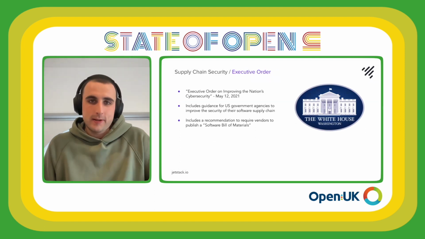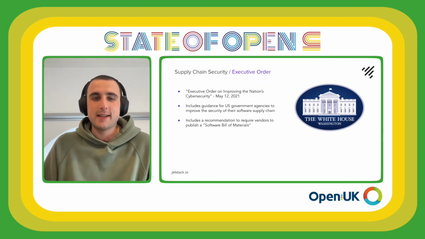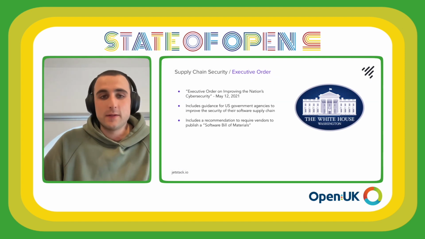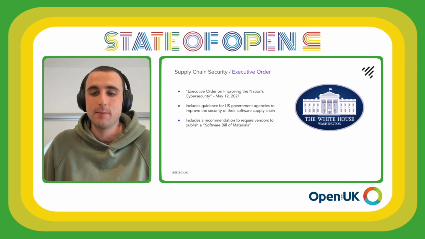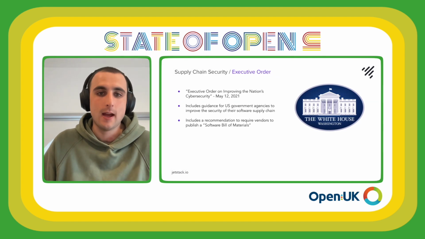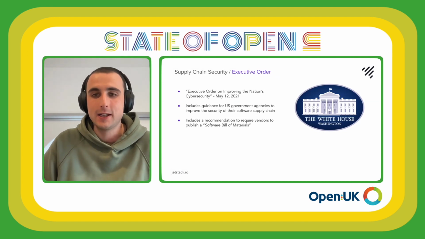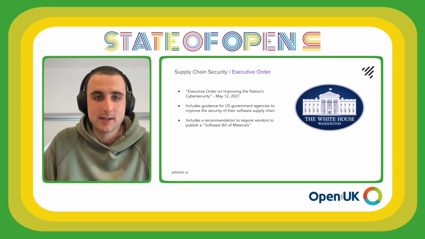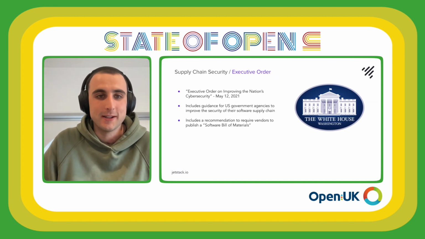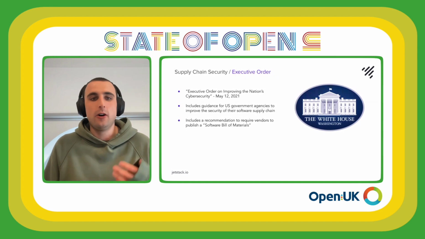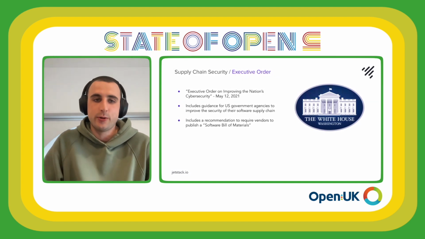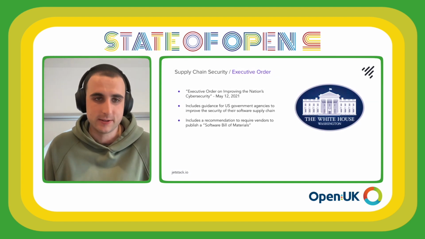So moving on with the notion of supply chain security, some individuals or organizations in the world desperately try to think of ways that they can improve the world, so the world is less vulnerable to situations like this. And a very important group of people, headed by a man known as Mr. Biden or President Biden, released an executive order on improving the nation's cybersecurity in 2021.